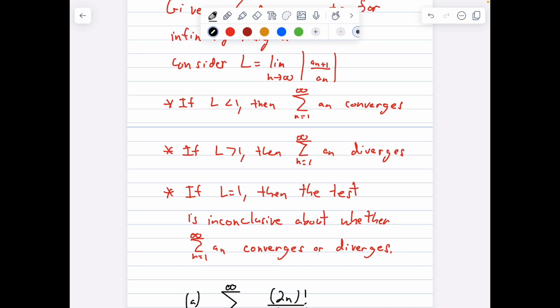which is kind of like the worst case scenario, because a lot of the time you'll figure out a limit and you did a bunch of work and it gives you 1 and it doesn't tell you anything. Now,